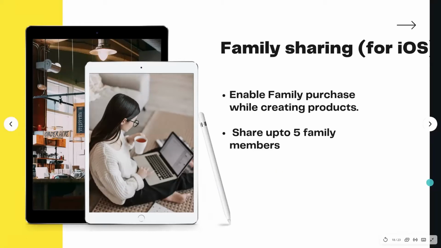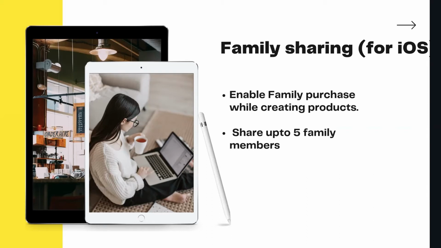So hey guys, I'm back again. So here is the family sharing option. This is basically only for iOS users. Most iPhone users may be aware of it, but it is an interesting topic.